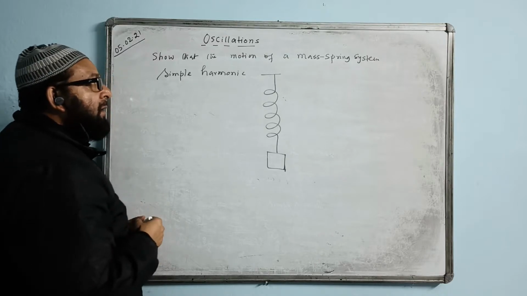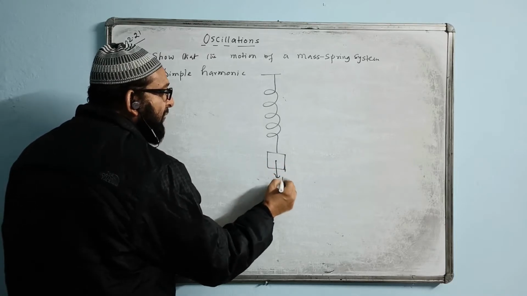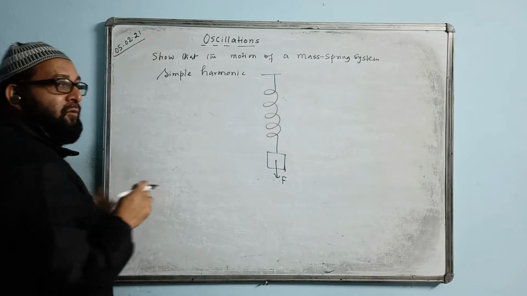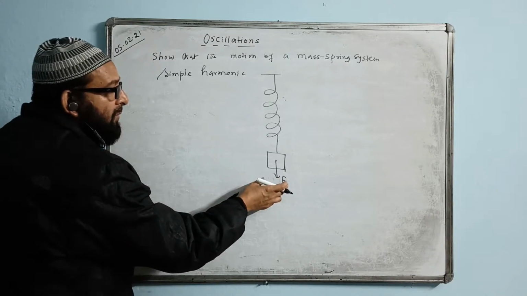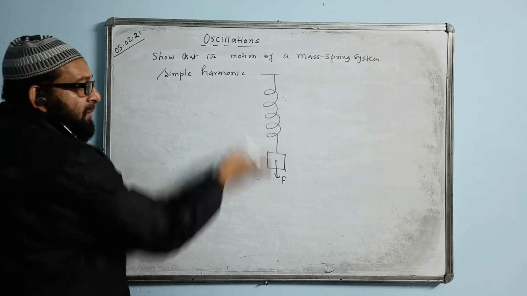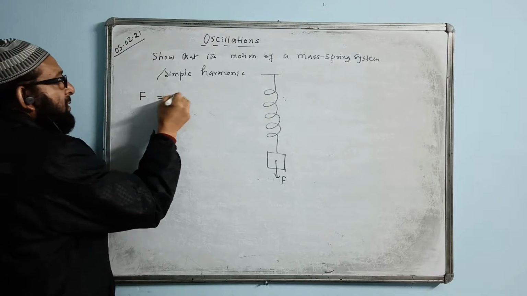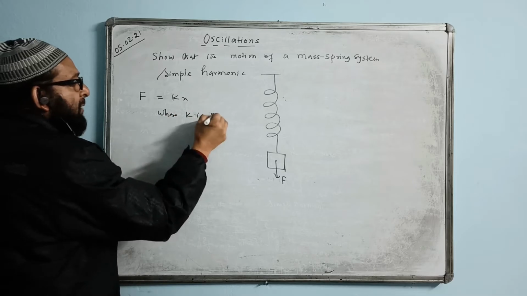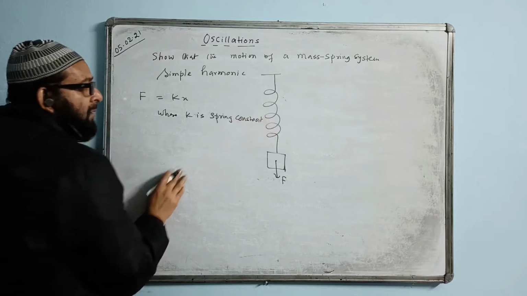How can we prove it? Proving method is that only. So this force is acting downward here, F. We know from the chapter of elasticity, this force of deformation will be F is equal to Kx, where x is the elongation, the displacement, and K is spring constant. We have done this in the chapter elasticity.